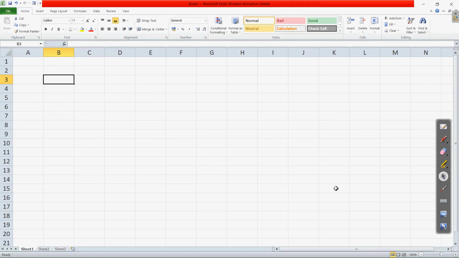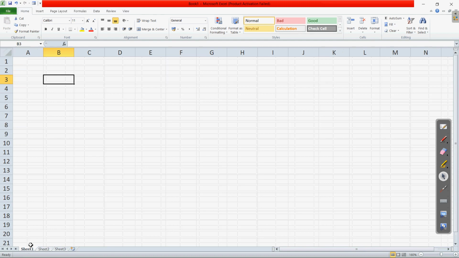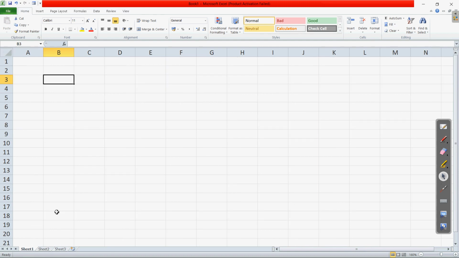If I come to the Excel sheet, here you can see at the bottom we have different sheets: Sheet1, Sheet2, Sheet3. By default when you open, we get 3 sheets. If we want to add more sheets, we can add more sheets also. Now this collection of different sheets is called a workbook. Clear? So an individual area where we can enter the data, the spreadsheet, that is called a worksheet, and a collection of all of the worksheets together is called a workbook.